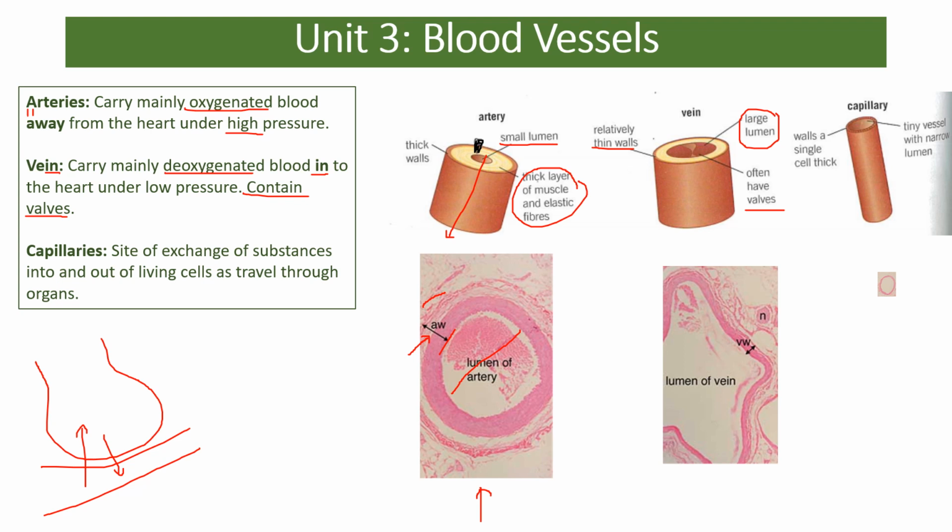So your muscles are surrounded by capillaries, your lungs are surrounded by capillaries, your intestines are surrounded by capillaries, and it's the point at which materials move in and out of your blood into the cells or out of the cells. And therefore they have to be very, very small, very thin blood vessels. So they're adapted by only being one cell thick, and that means diffusion in and out is relatively rapid because the chemicals or the oxygen, whatever it is, only has to diffuse across one cell to get in or out